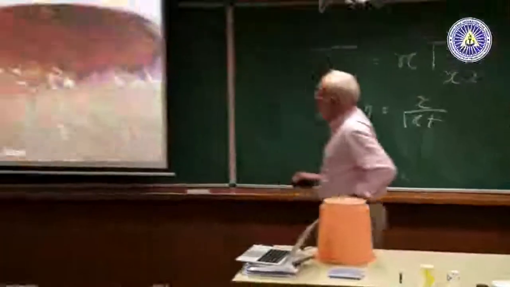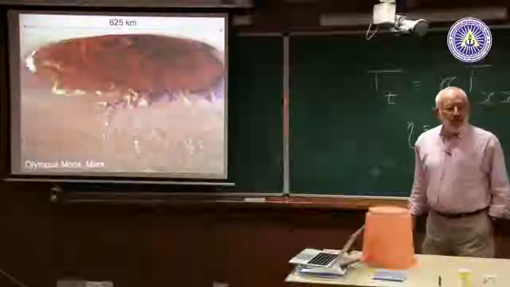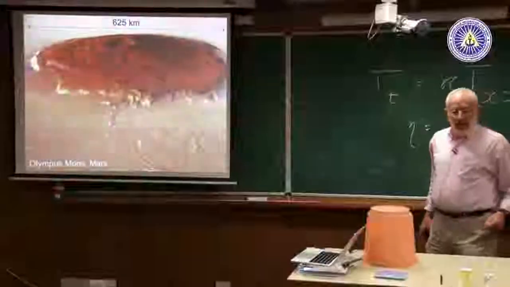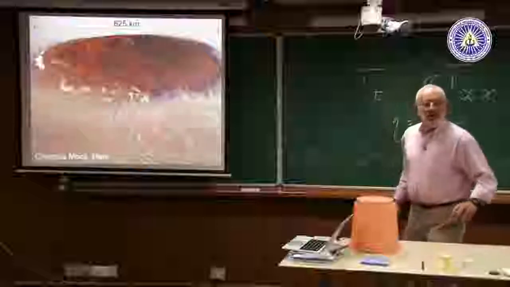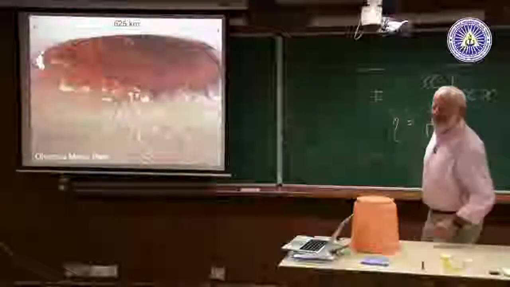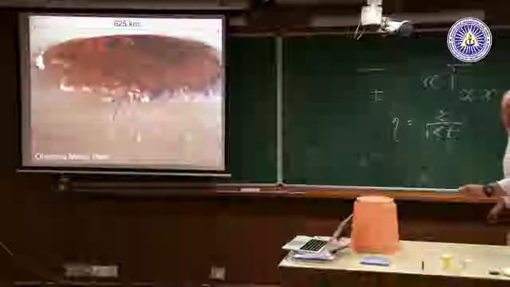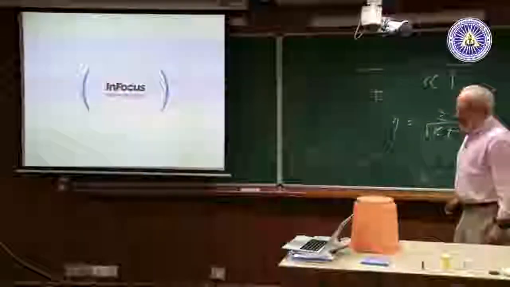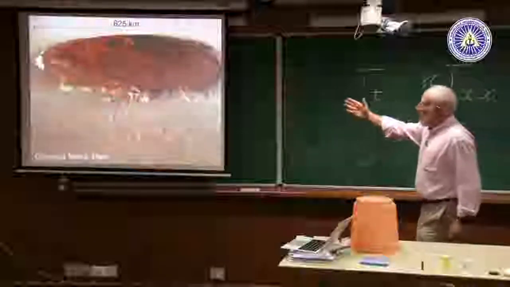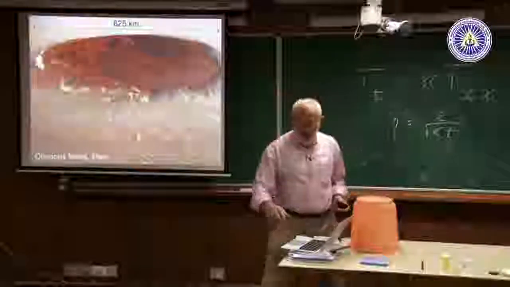Here's another example, Olympus Mons on Mars. It's 625 kilometers in diameter, a little larger than this, which would be hardly 625 microns. No, it's more than that. 625, well, units of length. It's exactly 625 now. So here's this large magma dome. It would cover almost all of France. That's the size it is.